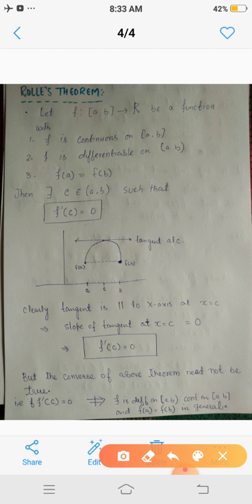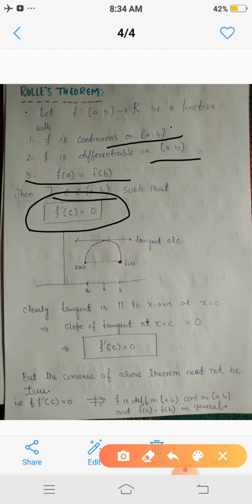The statement of this theorem is: let f from closed interval [a, b] to R be a function with the following properties. First, f is continuous on this closed interval [a, b], that is, everywhere on this interval f is continuous. Second, f is differentiable on the open interval (a, b). And third, f(a) equals f(b). Then, according to Rolle's theorem, there exists a point c belonging to the open interval (a, b) such that f'(c)